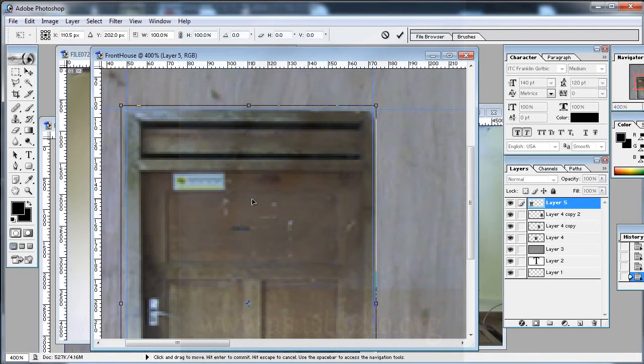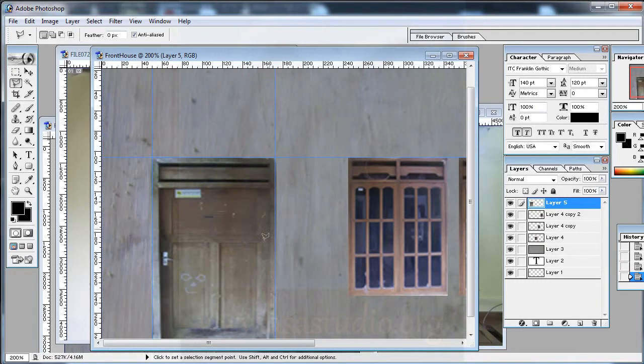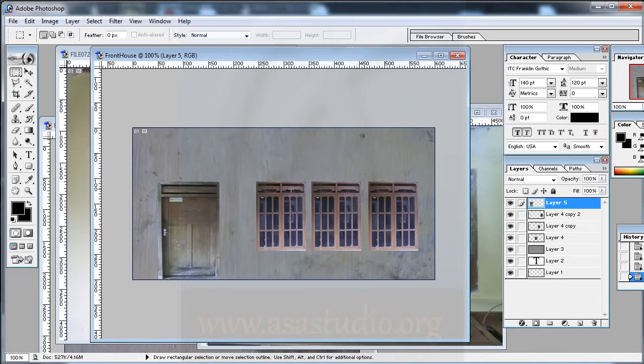and okay, double click, and now CTRL zoom out, and now I choose the rectangular tool, and select here, right click, select inverse, delete. Okay, now I have it like this, and I delete my guide. Okay, now I have